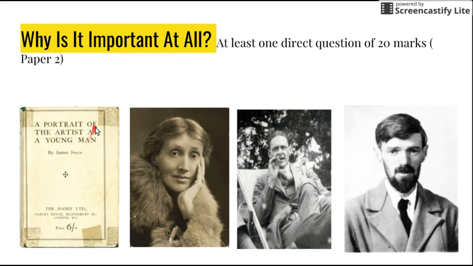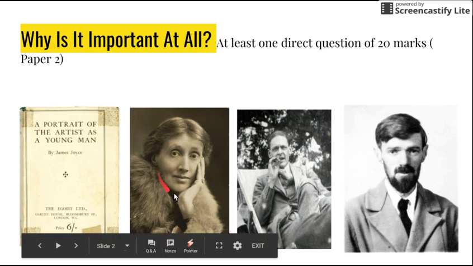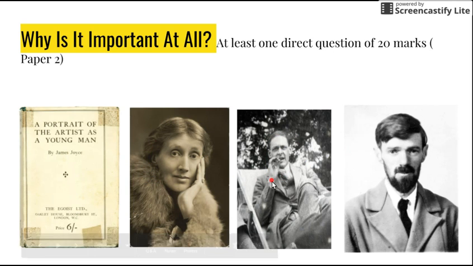factor. So first is James Joyce's A Portrait of the Artist as a Young Man. James Joyce was one of the foremost proponents of this narrative technique. Then Virginia Woolf, Mrs. Dalloway. Then this is T.S. Eliot, and surprisingly, stream of consciousness or interior monologue, as some people prefer to call it, but they are two different things. T.S. Eliot's poem,